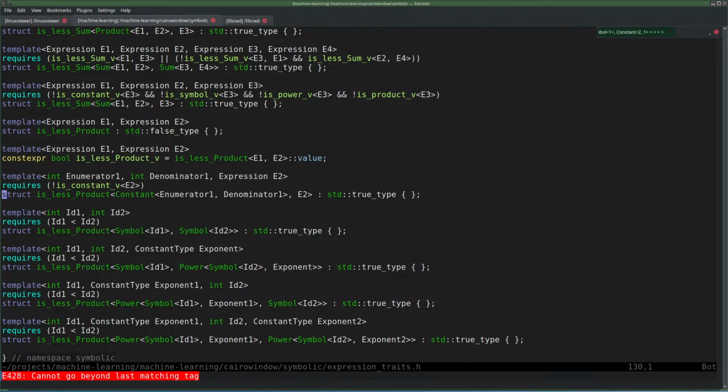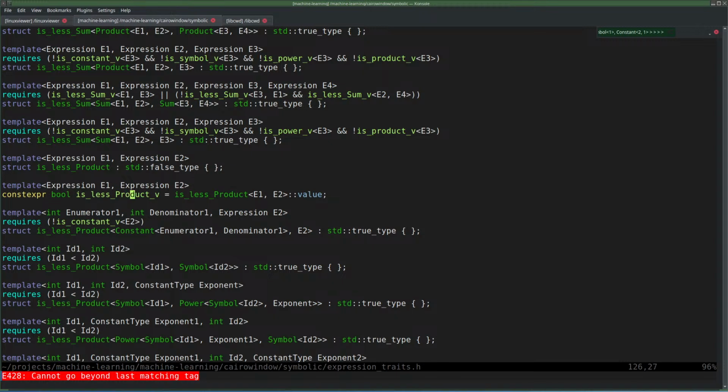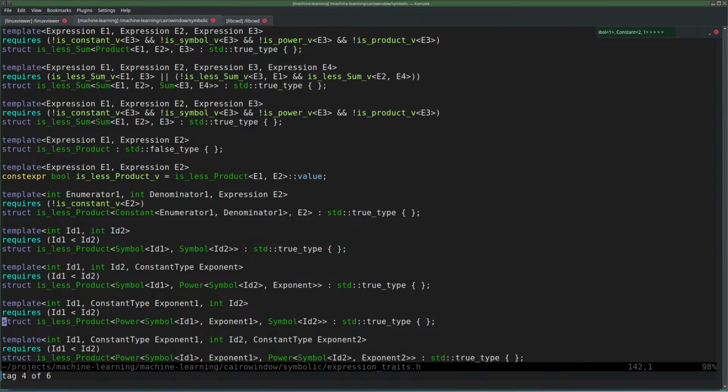Of course, I should also have a comparison between two constants. Go find that one. Oh, no, I don't. There is never a product between two constants. So